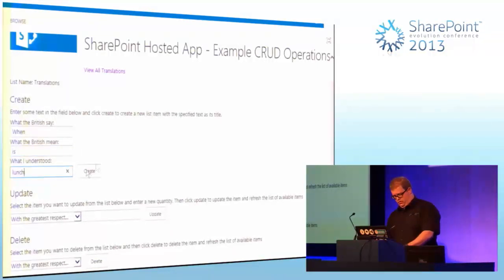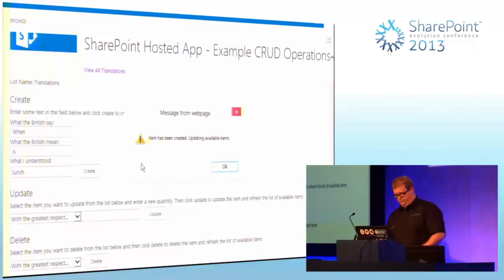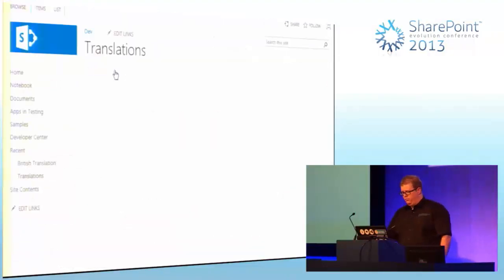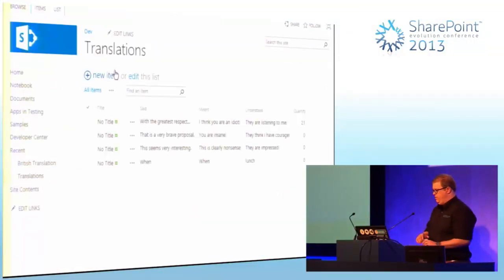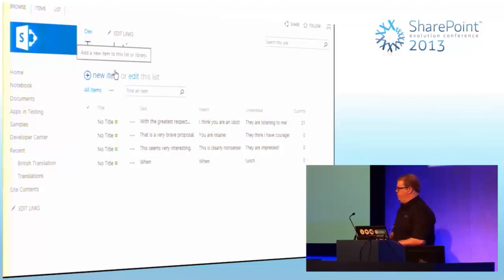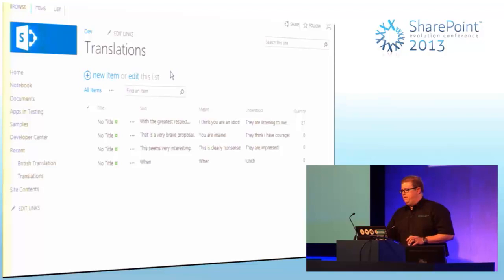So I'm just going to go ahead and create a record. Great, did that. Now I'm using the REST API actually. I prefer that because I can use it outside of SharePoint as well, rather than the CSOM. But you can do either or, and I'll show you the difference in what that means to TypeScript. So there we go. Nothing really interesting there, other than the fact that it's a list form used in a SharePoint app